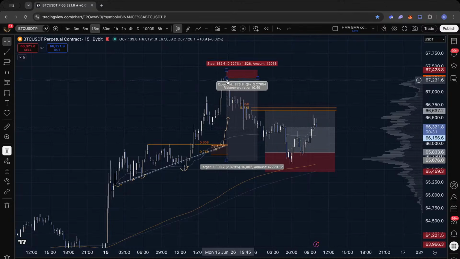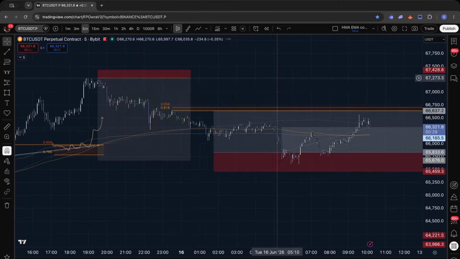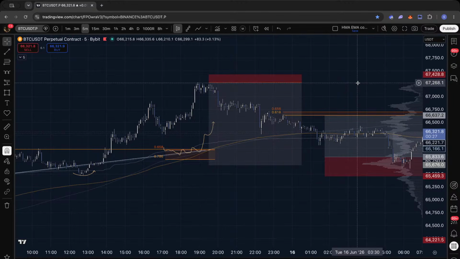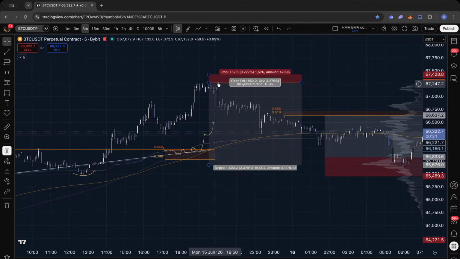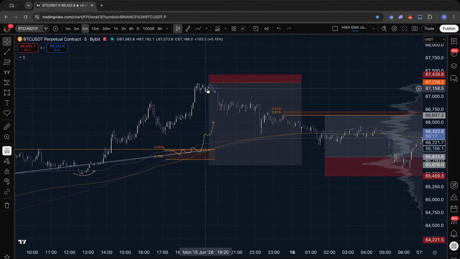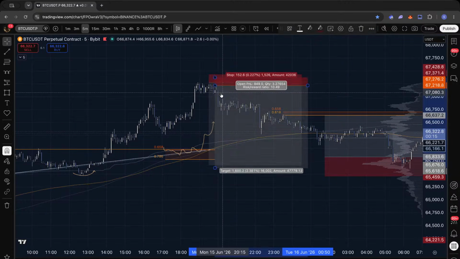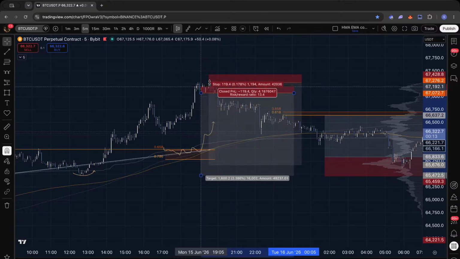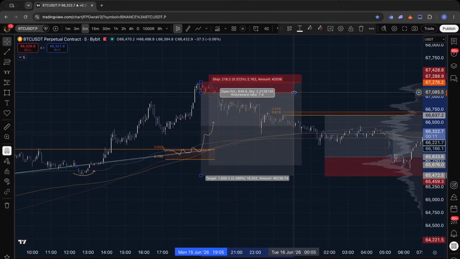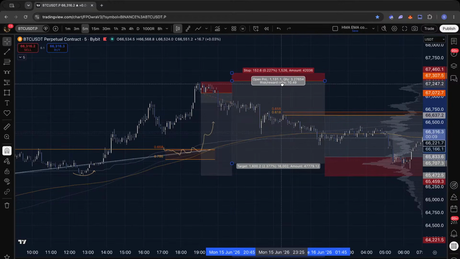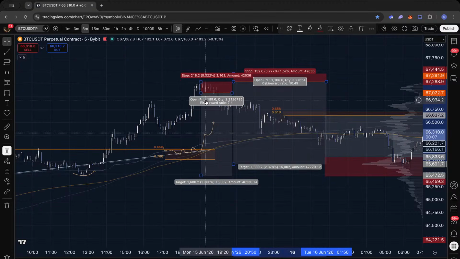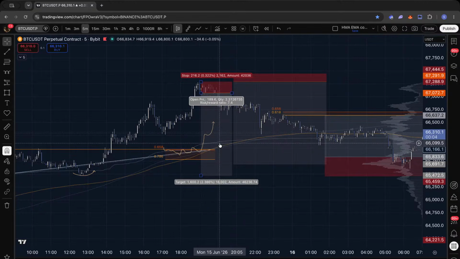Funny enough, last night I posted exactly here that Bitcoin will dump. My initial plan was to take a swing failure of that pivot high, which I didn't have, and I took the 5 minutes, but I took it 0.5, didn't take it more than I wanted. I actually wanted to get a 1% position of a short trade there.